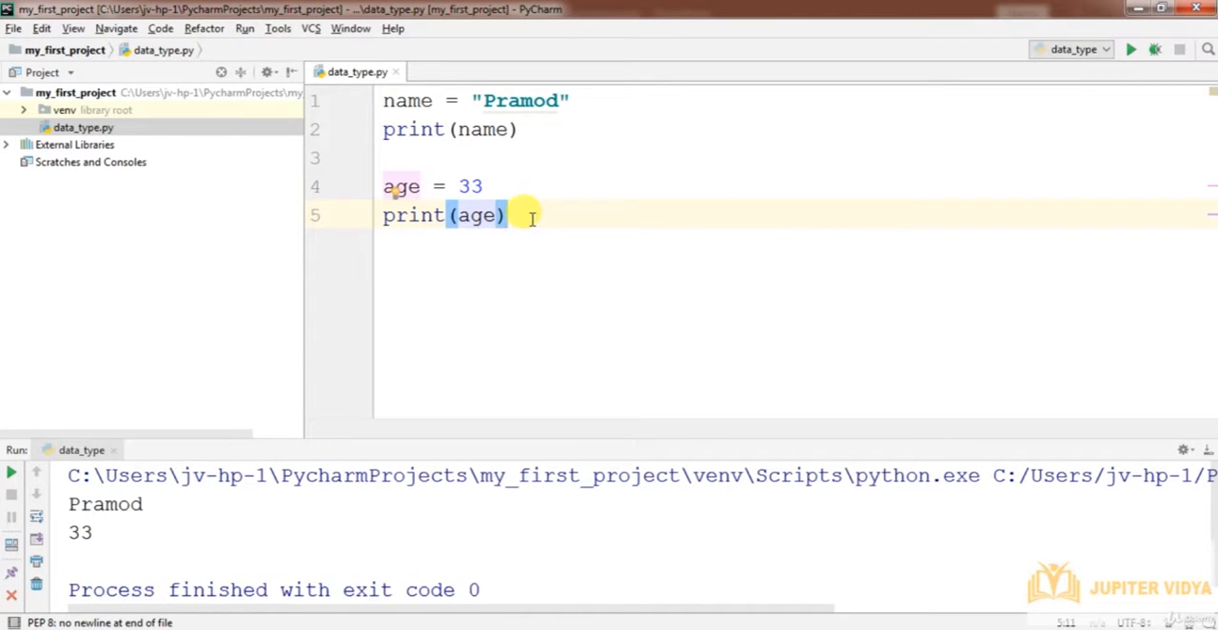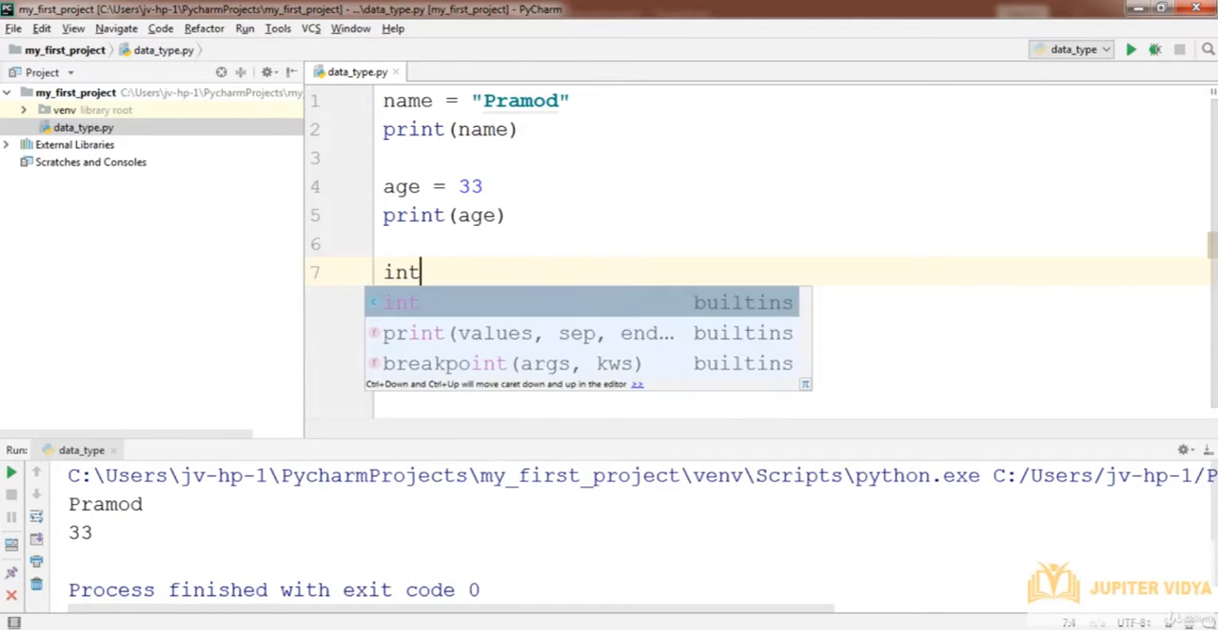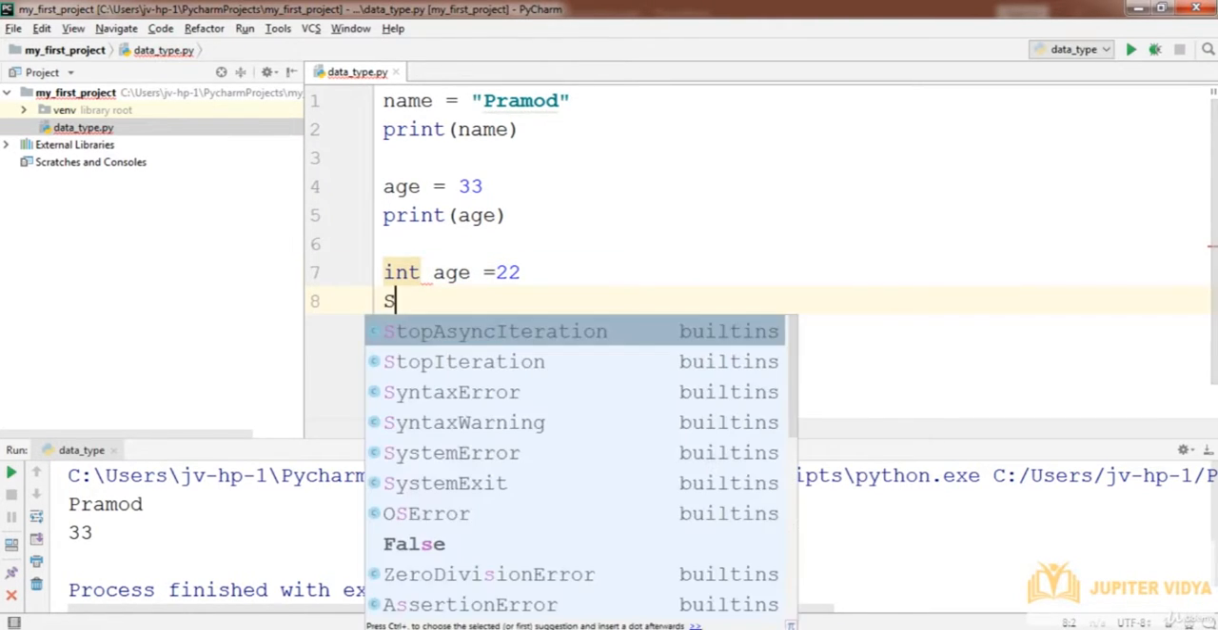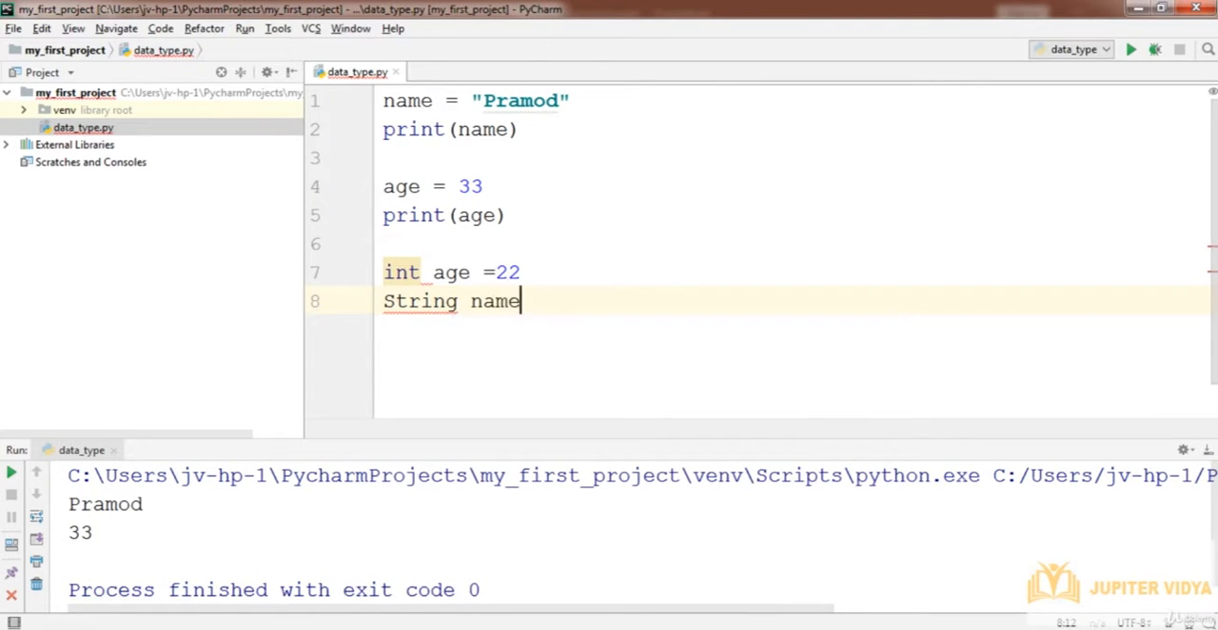In Python, we have different types of data types, and it is dynamic data type. We don't have to specify the type. For example, in some other languages like Java, C, C++, we have to specify the type. If it is integer, we specify int age equals to some value. And in Java, for string, we specify String and double quotes the value. This type we have to specify so that the compiler or interpreter already knows what kind of value we are going